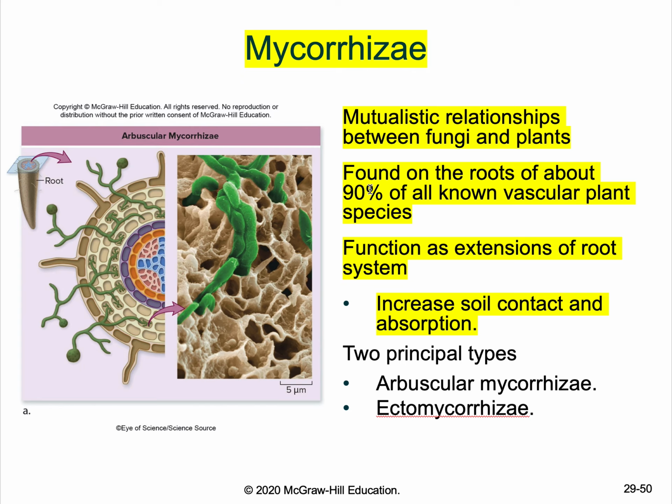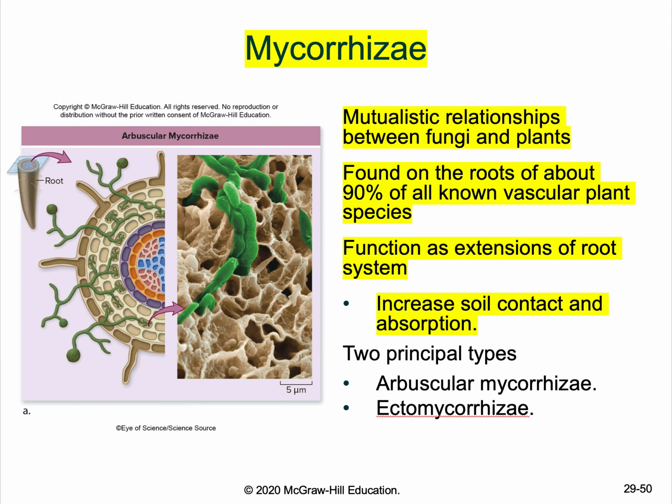It says that you can find mycorrhiza on 90% of vascular plants, and it's known as an extension for the root system. Plants that are really healthy in a really healthy soil have a lot of mycorrhiza, and so we're now seeing in farming, if they are farming every year, the soil doesn't have enough time to create healthy bacteria and healthy fungi, and so that's why we're seeing the food that we eat is not as nutritious, because we're really disrupting the cycle of allowing soil to be a really healthy soil. So that's also another thing to think about.